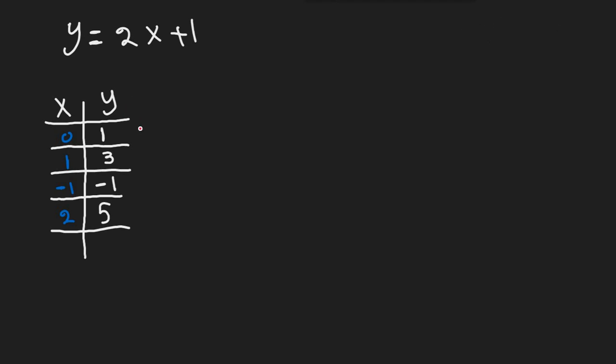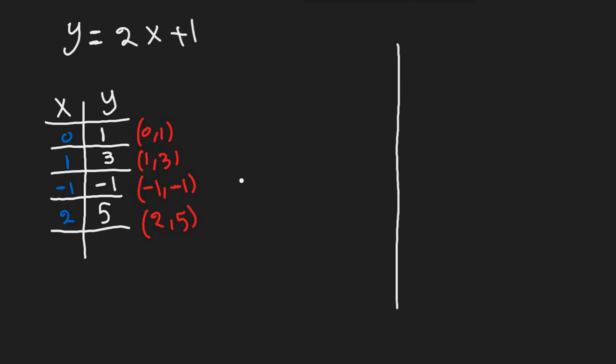First, let's write our pairs of numbers. Here we have 0 and 1, we have 1 and 3, we have -1 and -1, we have 2 and 5. Let's draw the graph. I will draw the graph with my hand, so you draw with ruler and pencil to write it